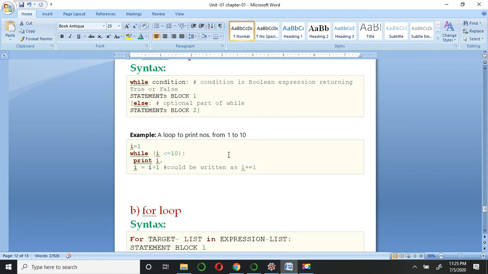I have written one example here: a loop to print numbers from 1 to 10. Suppose I give i an initial value of 1, while i is less than or equal to 10, print i, and i equals i plus 1. Let's see how it actually works. So I'm just copying this code to execute in the interpreter.